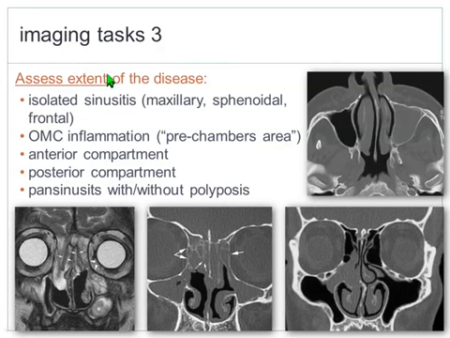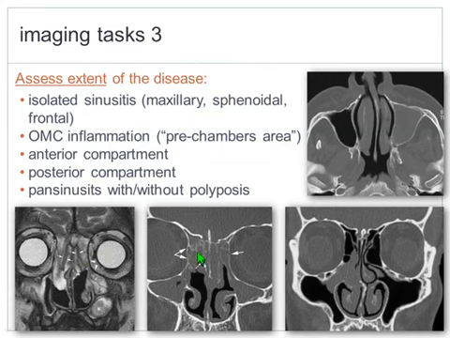Task number 3 is to assess the extent of the disease. Isolated inflammation of the osteomeatal complex, because this is a pre-chamber area, very important, common drainage for the 3 chambers, the involvement of the anterior or the posterior compartment, or a condition in which you have a pansinusitis with or without polyposis. Therefore, isolated condition, involvement of the common pathway, which is the osteomeatal complex, the pre-chamber is this, and CT and occasionally MRI,